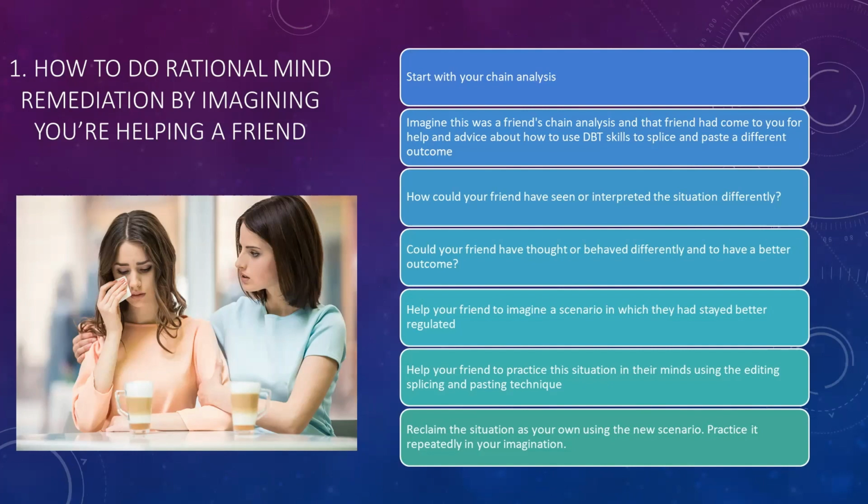Four, picture in her imagination telling her boyfriend what she had learned about intimacy and what she was trying to do. Eventually, when she felt ready, she could do this in real life. Having given those rational mind suggestions to her friend, Sam then took ownership of them and made them her own homework.